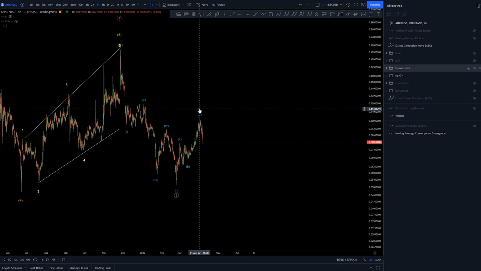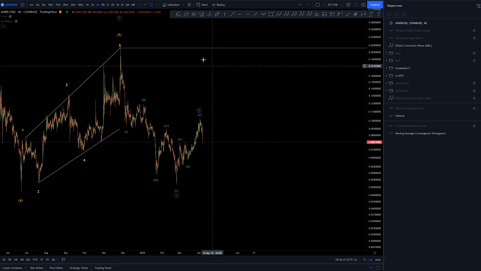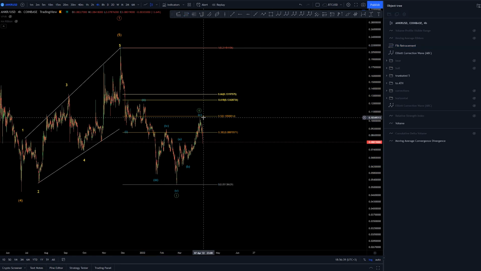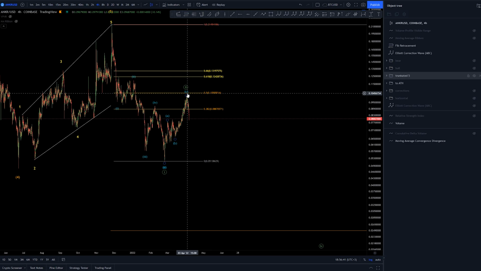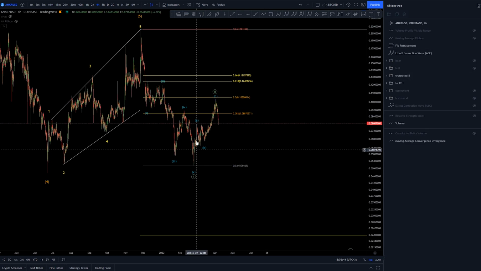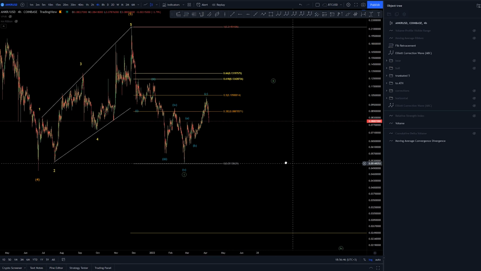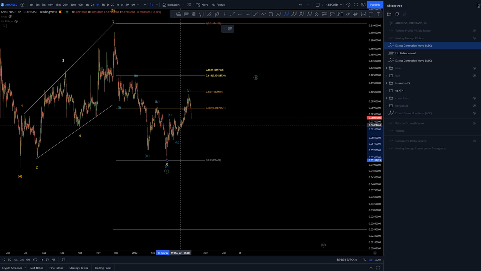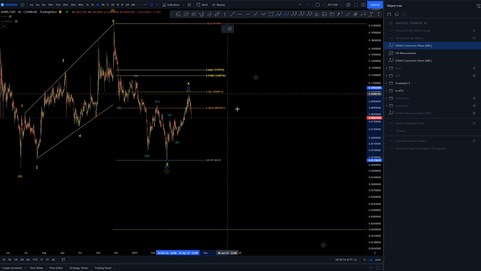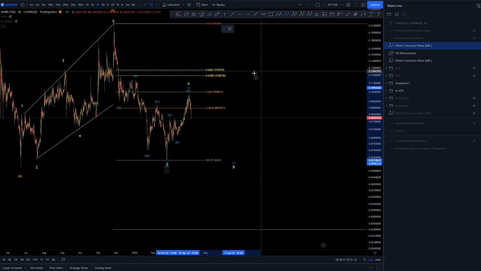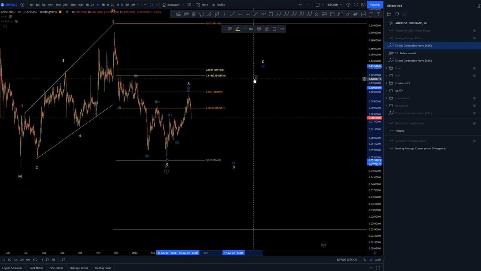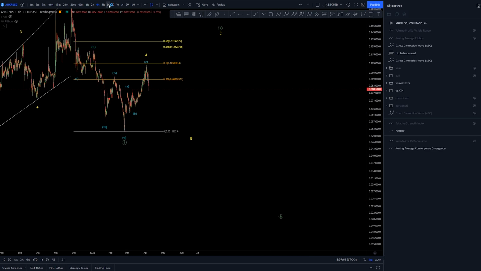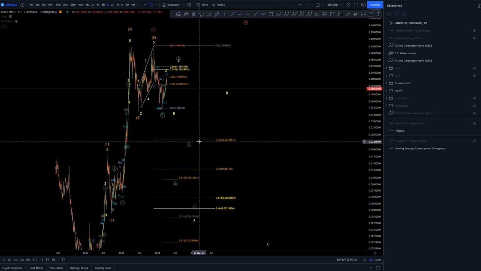Now I'm not sure if this wave 2 is done. We've retraced already back to the 50% area here. Almost tagging the line here, but again it could be just a start of this 2 bringing us here. So this would be the A wave, well, let's say that it is some kind of flat, and C brings us the wave 2 higher. And in that case, if the wave 2 comes higher, then we can pull,